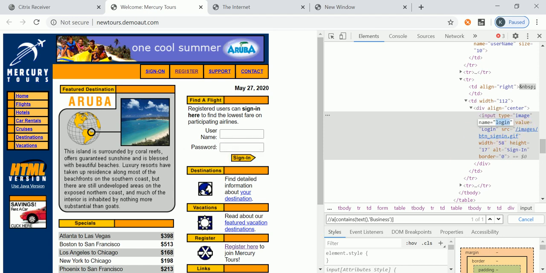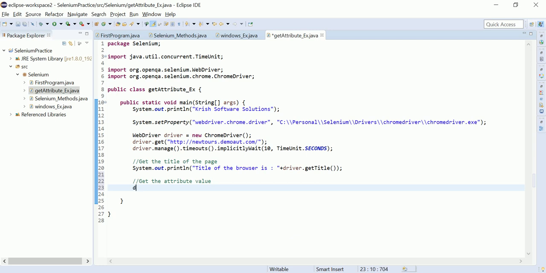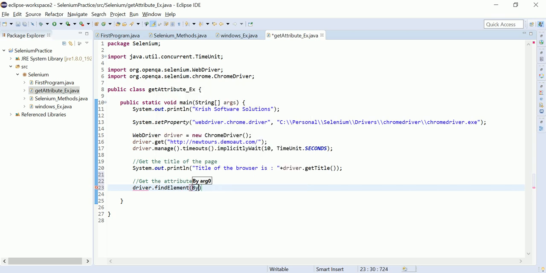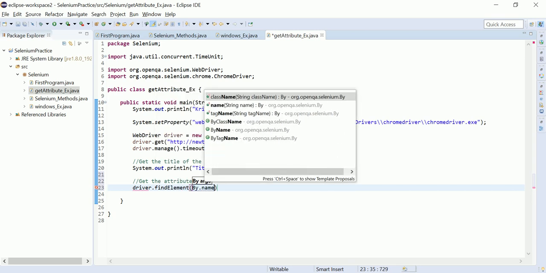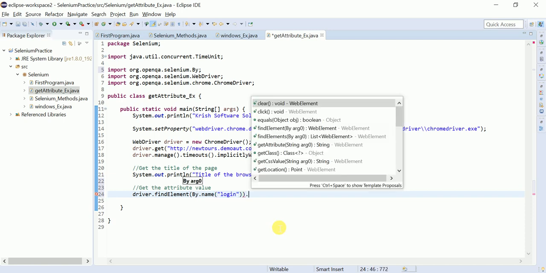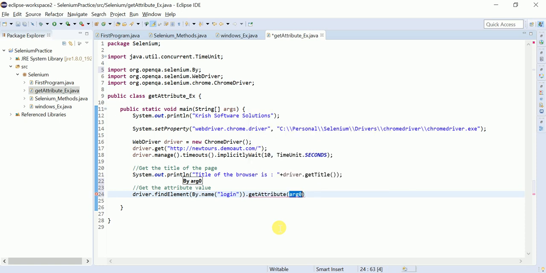Now let me see. driver dot find element by dot name, you can give the name, dot get attribute. Which attribute do I want to get? The value attribute.